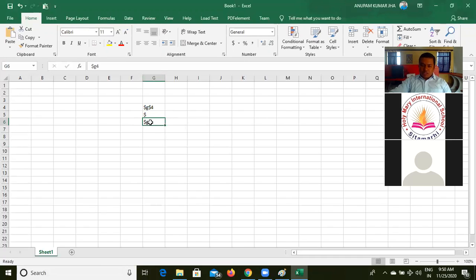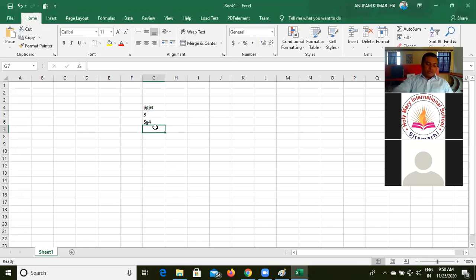Mixed reference is a combination of relative and absolute. Relative means no dollar symbol, so before the row number, no dollar symbol. Before the column name, here is the dollar symbol, which means absolute reference. Without a dollar symbol means relative reference. So mixed reference is the combination of relative and absolute.